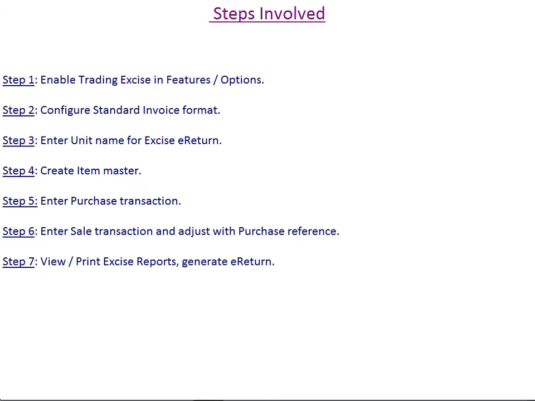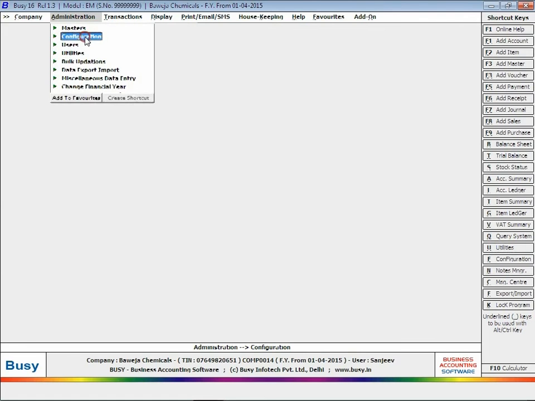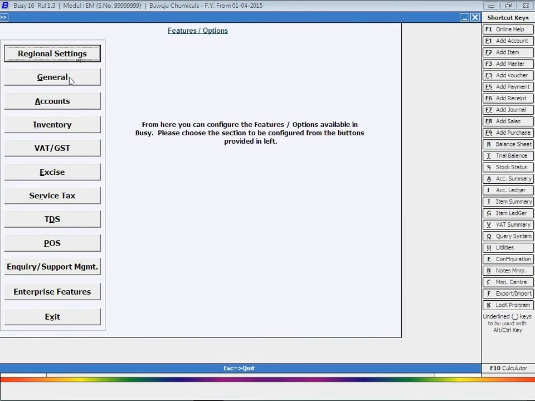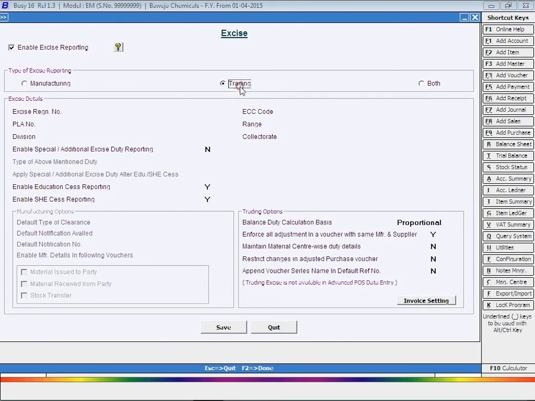To enable trading excise, click Administration, Configuration, Features, Options, Excise tab. Enable the checkbox Enable Excise Reporting and select type of reporting as trading. Enter excise-related details such as range, ECC code,